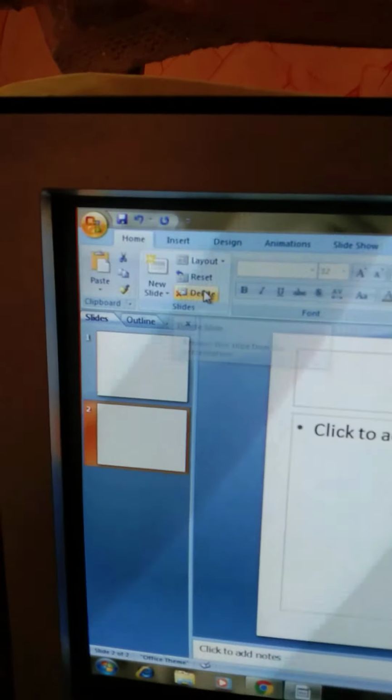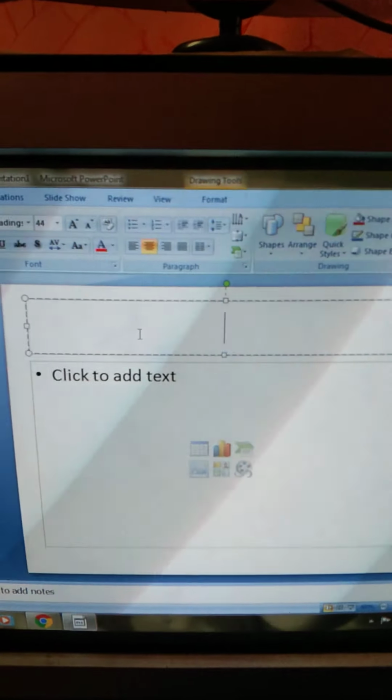Now if you want to delete any slide, select the slide first. It is yellow, so that means it is selected, and then click on the delete button. It is on the home tab, delete button. If I click on delete, see, the third slide has been deleted. So like this we write in the placeholders, we add any new slide, we delete any slide.